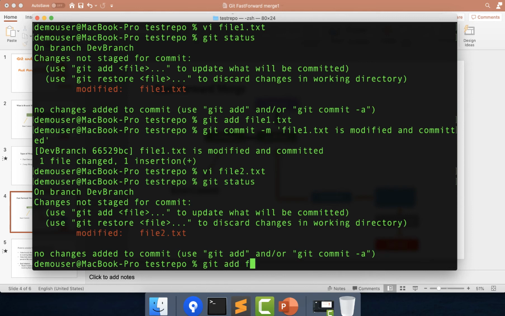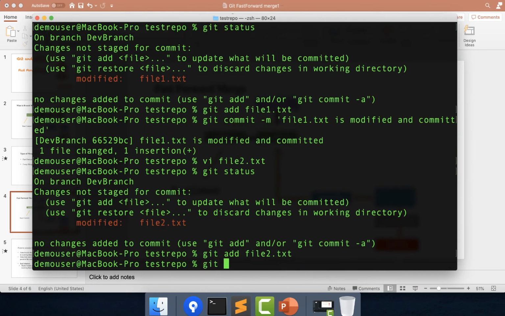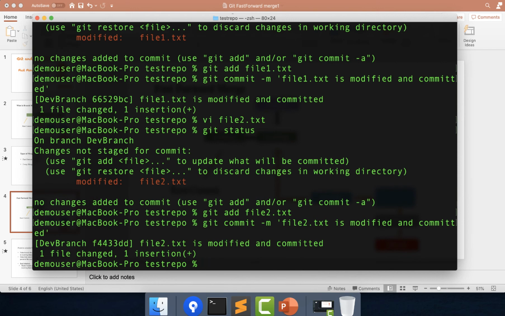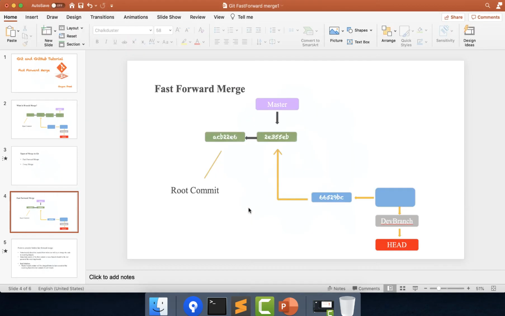I will do git add file 2.txt, and then a commit with the message "file 2.txt is modified and committed". You can see this is also done, and this is the hash that has been generated. I'll quickly copy it here.